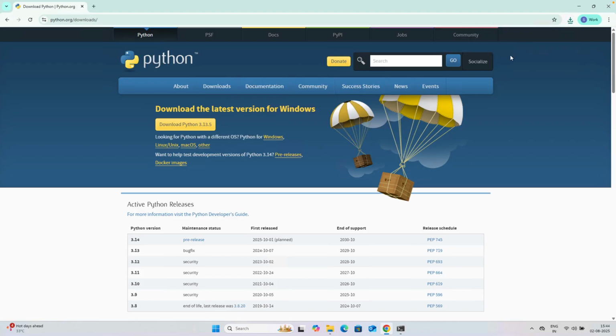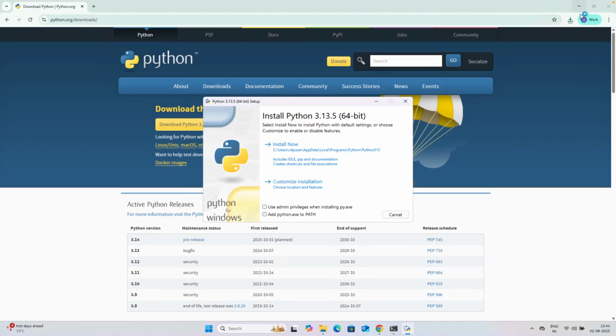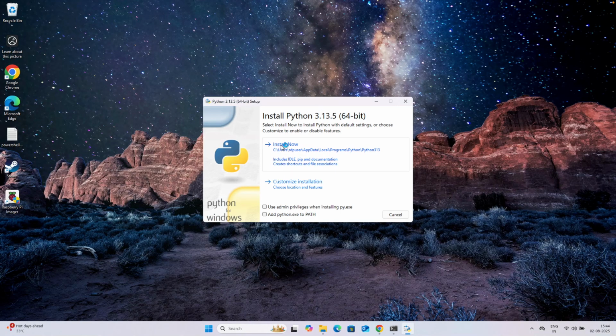So open it. I'm opening this thing. Let me minimize the browser. Okay, so here we have to give install now, but before that, make sure that you add python.exe to path. This is very important. Only if you do this, you can access Python from your terminal. If not, we have to add it to the path and the environment variable. So it becomes a bit tricky, but just in the installation, make sure that you are adding this python.exe to